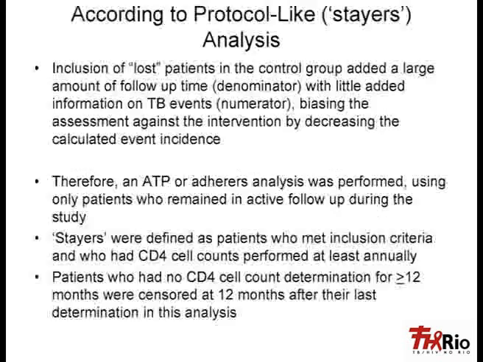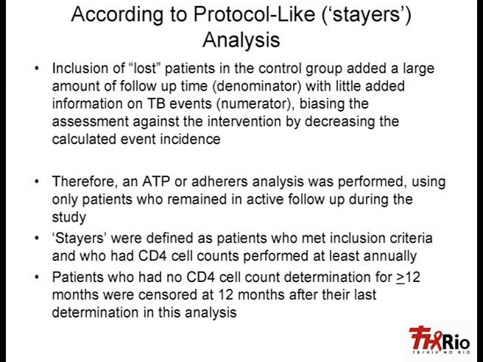Those people who are so-called lost had very little information on TB. We had all sorts of systems: a big TB registry in the whole city, the death registry, and we were trying to get extra events from those as well as from the clinical records. We actually did get some extra ones, but not many on the ones who were truly lost. They were just adding a lot of denominator time without many numerator events.